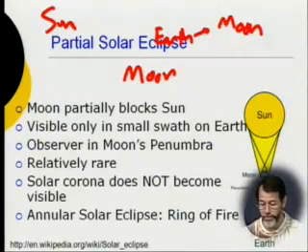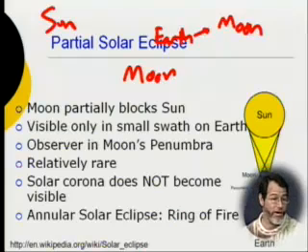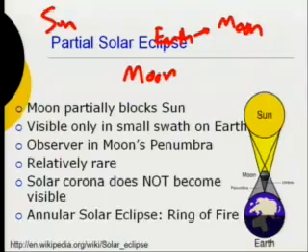Okay, partial solar eclipse I've discussed before. It's when the moon only partly blocks the sun. This can happen in two ways. Like before total eclipse, there's a partial eclipse, where not the whole sun is covered. But there's also something called an annular eclipse, and that is when the moon happens to be far enough away from the Earth so that, I can't do it with this again.